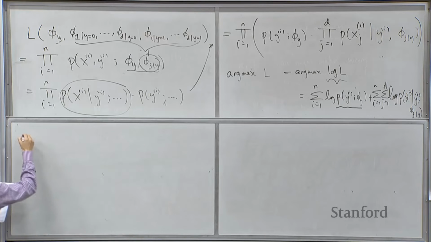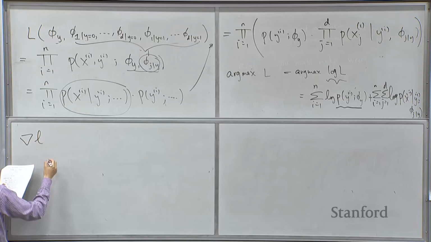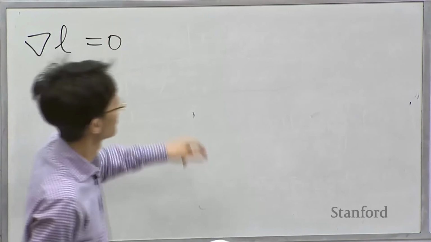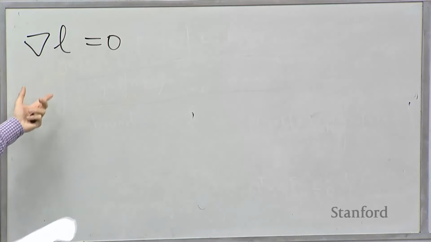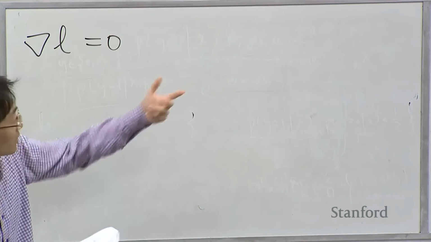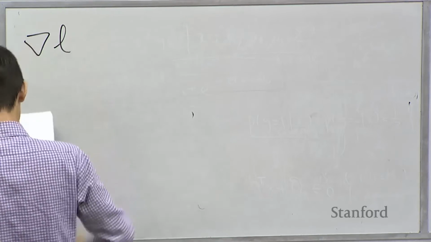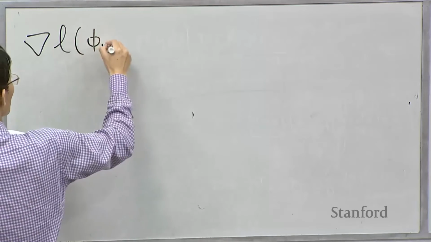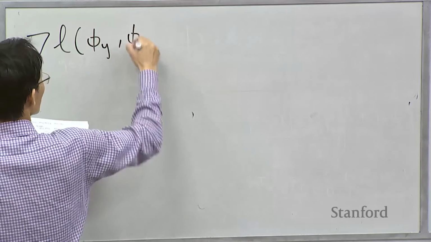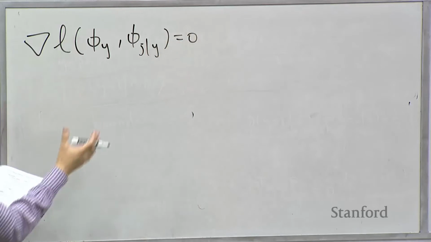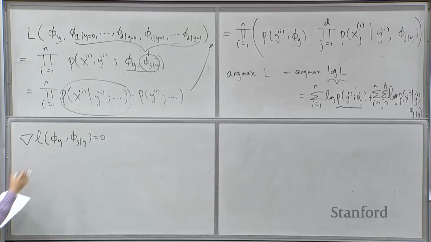So if you look at the gradient of L is 0, right? This is a necessary condition for you to be a maximizer. I guess technically I should write nabla y. And you compute this gradient and you solve this equation. This is a family of equations, and then solving it